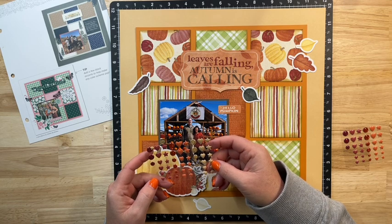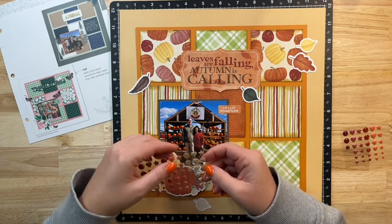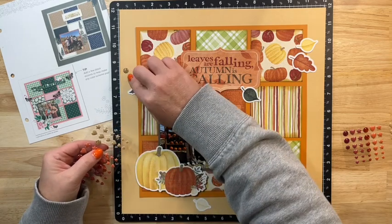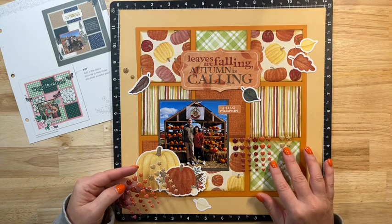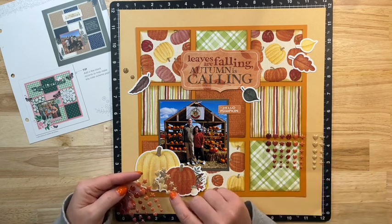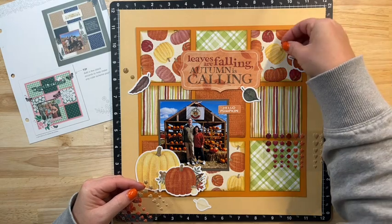I like the hearts, but I also just like the dots. I like the more pumpkin-y color, and I also like the gold. I think I want to use some of the gold. So I'm going to do a larger one and then a smaller one. I don't have a lot of gold, so I know I'm not going to be able to put gold all the way around. But I can add these. So I'm going to add a little heart over here. So this little cluster,